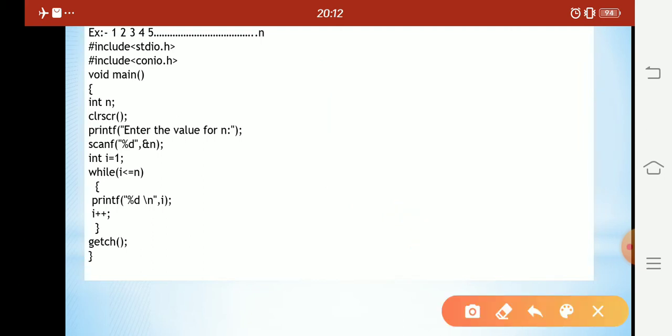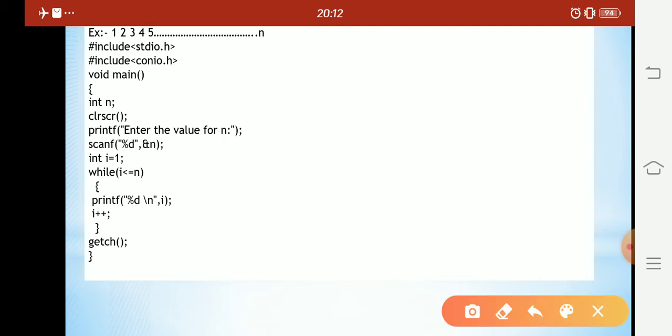Suppose the user inputs 100, it will print 1, 2, 3, 4 up to 100. So I will write the program dynamically.